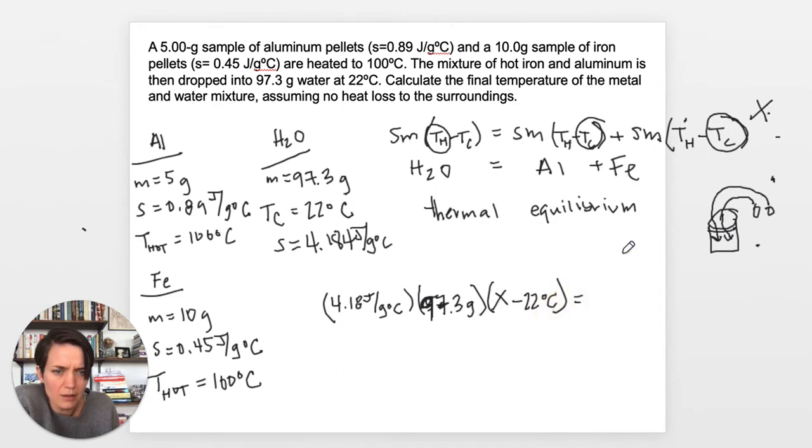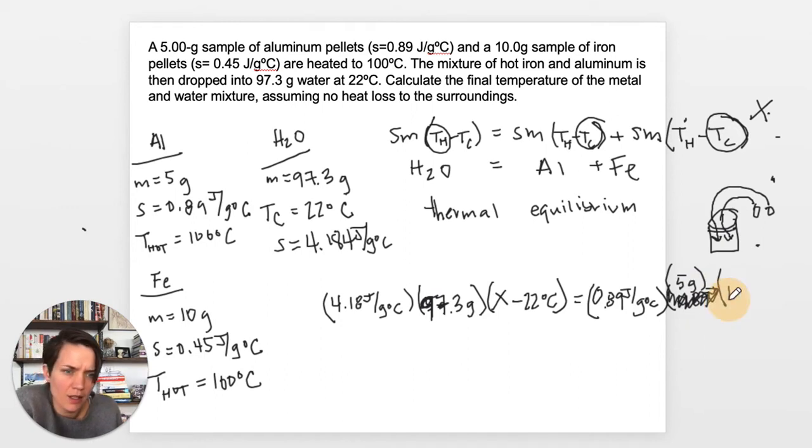That is going to be equal to our 0.89 joules per gram degree Celsius of our aluminum times the mass of aluminum, times our 100 degrees Celsius minus X. Now that is being added to,